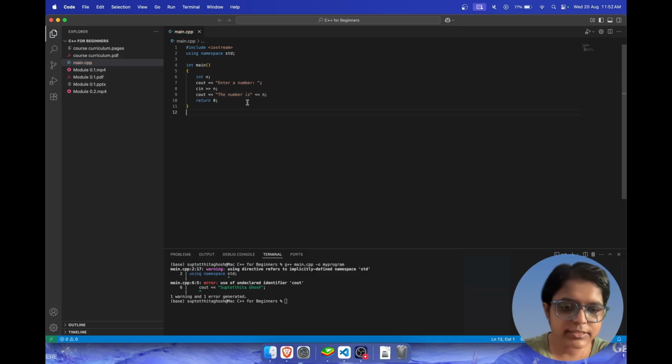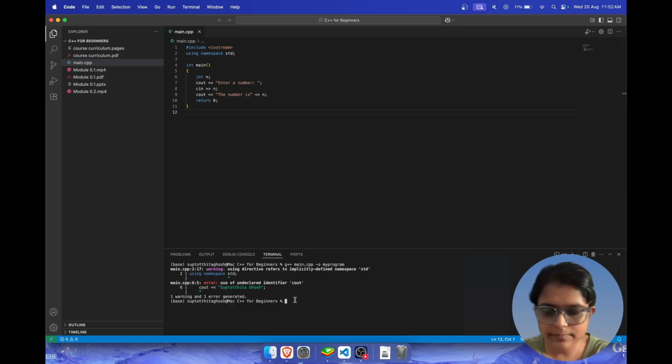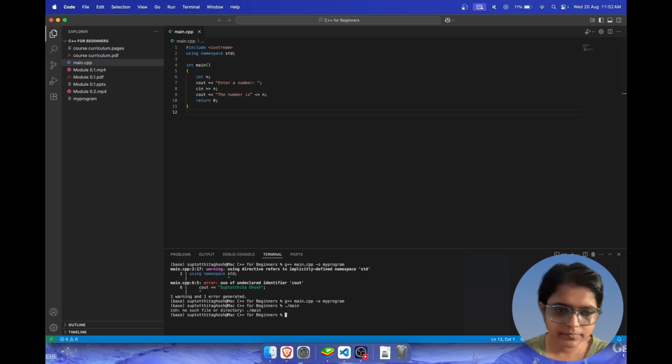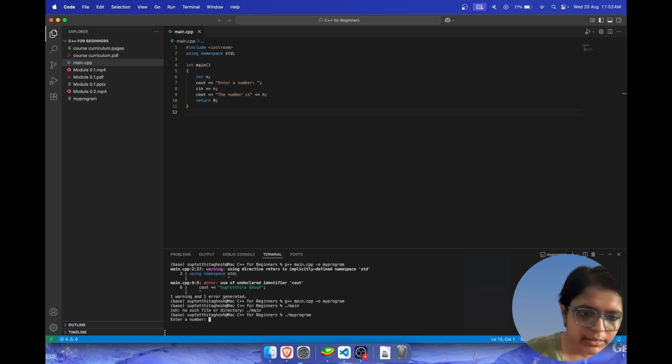Okay, let me save this and I will debug this and I will run this next. So here you see they are asking me to enter a number. I would enter any number, say 6. The number is 6. Okay, I should have provided a space here